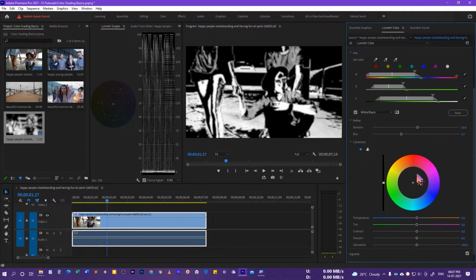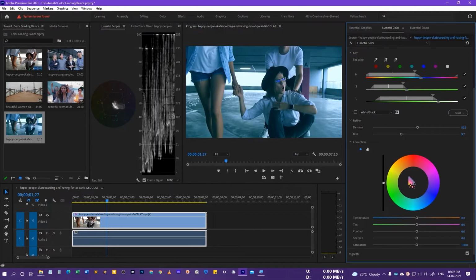All right, and then we have the option of this wheel. Now we can adjust this color. If we have selected the skin somewhere, and we click on this one, that's going to introduce this color in that particular area. So we can click on green, yellow or whatever color we want.